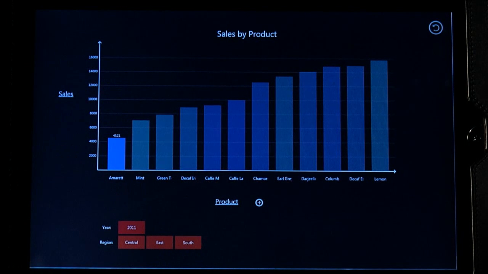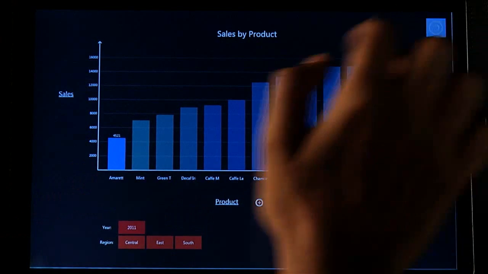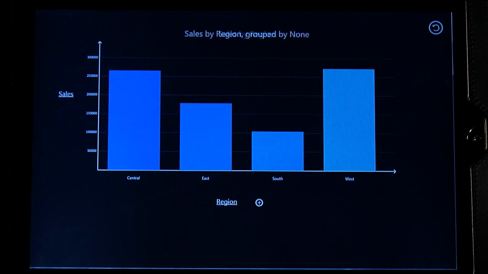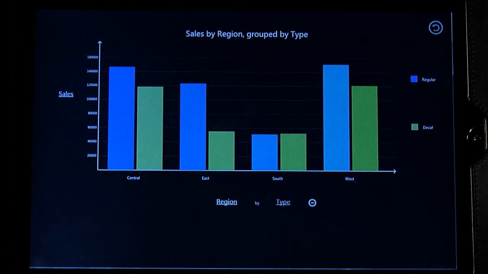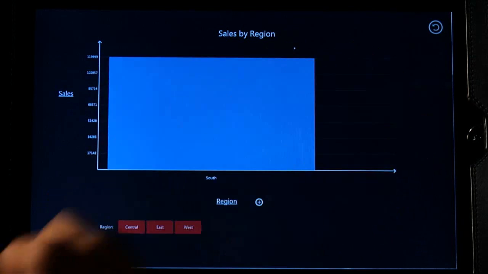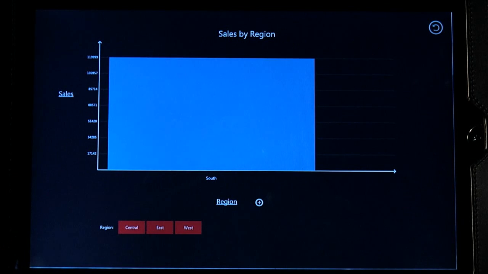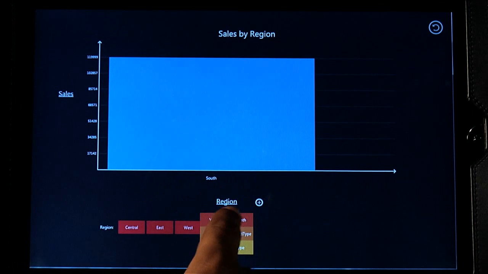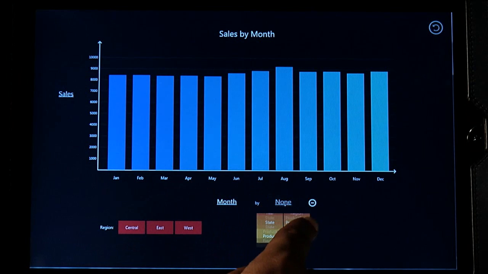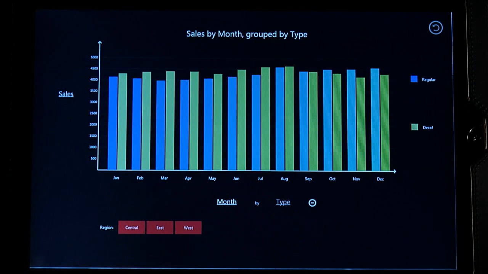Let's see the regions in which caffeinated and decaffeinated beverages sold about the same. First, let's view by region. Add secondary data of caffeine type. Now let's see only the southern region. And let's break that region down by sales by month. When we add caffeine type back in, we can see that initially decaffeinated sold much more than caffeinated, but then over the year, caffeinated started selling more